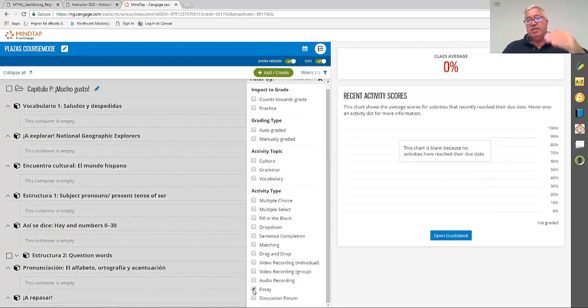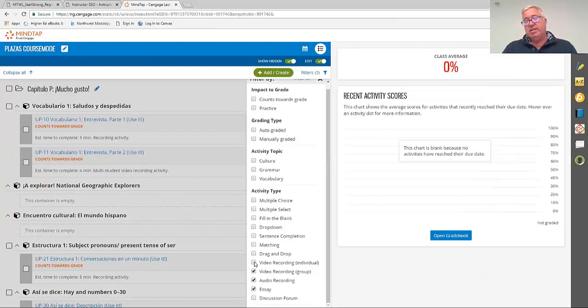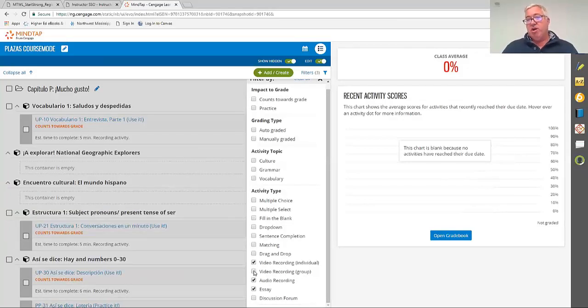Under activity type, the first group is the auto-graded, and then after drag and drop, video recording, audio, essay, discussion, those are the open-ended ones. Again, if you have a hybrid or online course where they're not getting as much collaborative work, you'd want to make sure you assign those for your online courses.